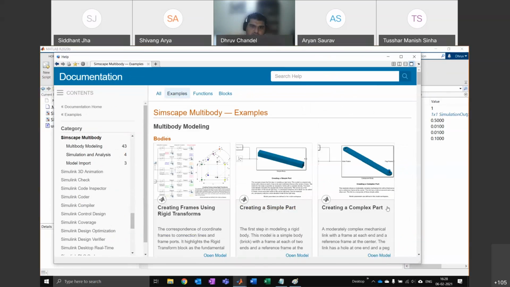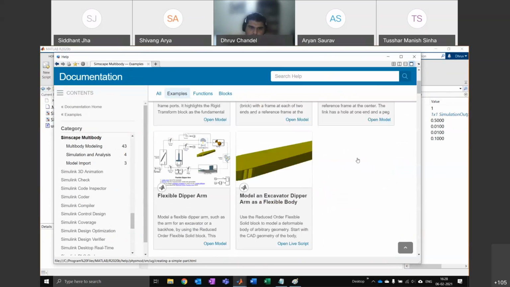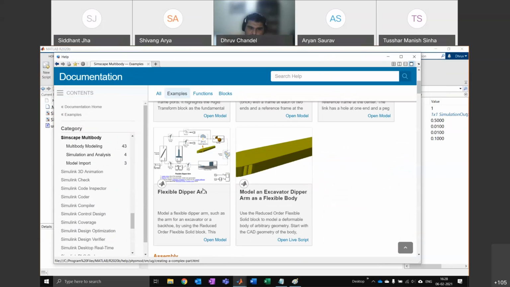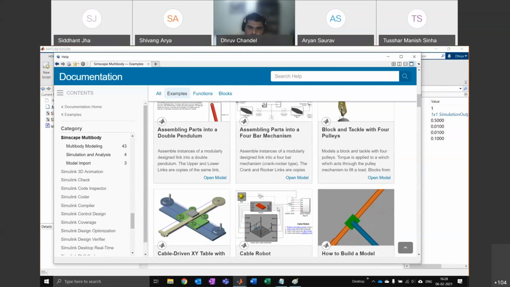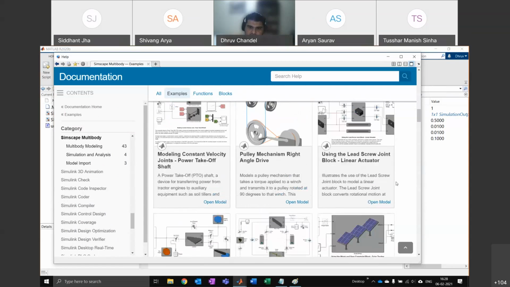So there's a whole bunch of examples here. And inside Simscape Multibody, it teaches you how to create frames, how to create a simple part, how to create a complex part, then how to assemble it all together, and then how to run the whole thing. Before I show you each of these pieces, I'm just going to show you an example of what it looks like when it's running properly.